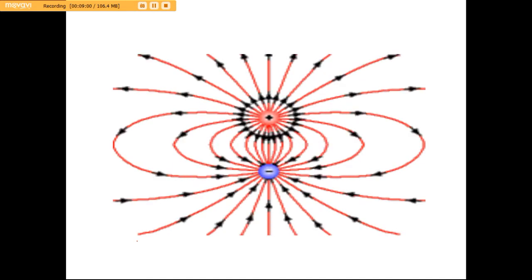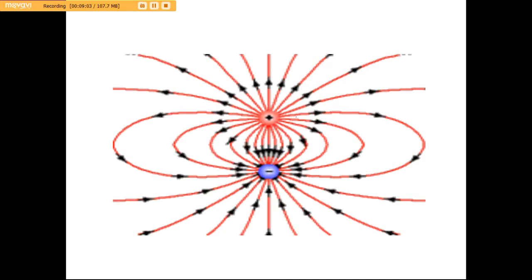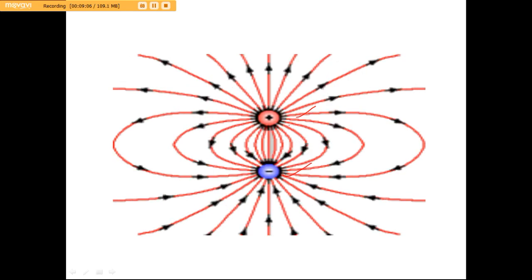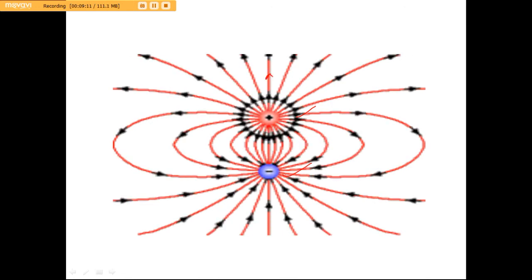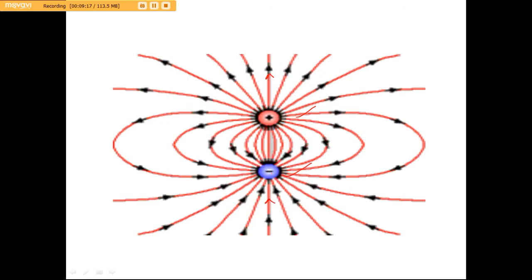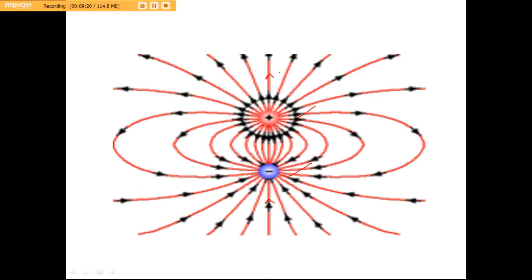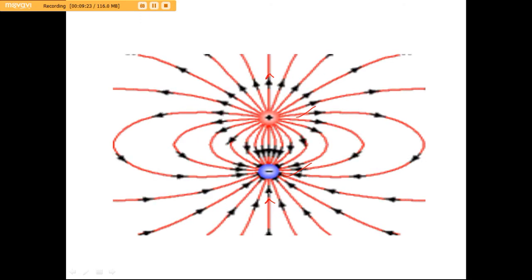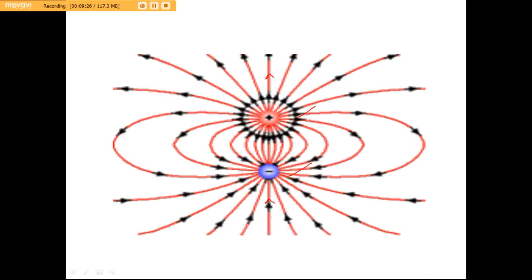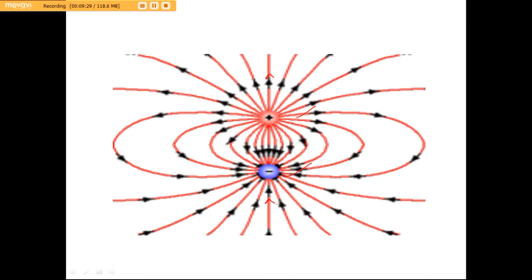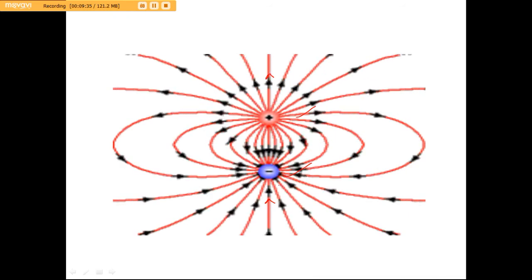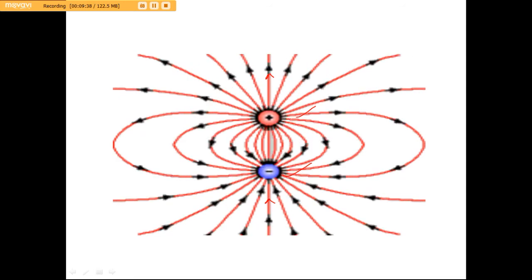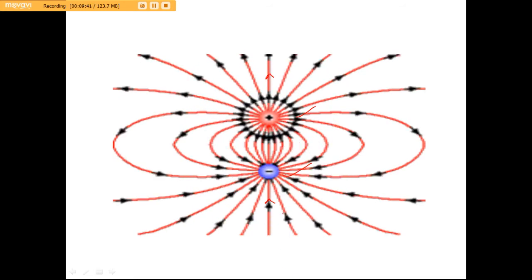Now see here, these are the positive charges and here the negative charges. Just see, the arrow from the positive charges is outward, but the arrow at the negative charge is into the negative charge. The arrow from the positive charge is in the outgoing direction, and the arrow to the negative charges is in the incoming direction. So from this we can say that the positive charge has attraction capability, and the negative charge also